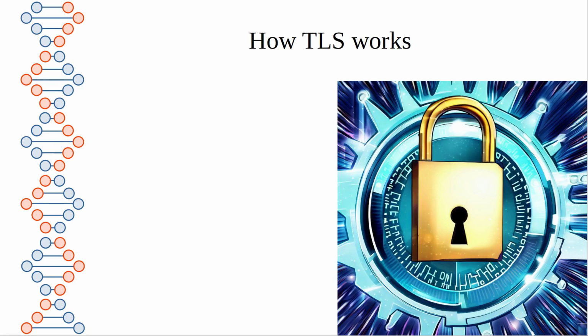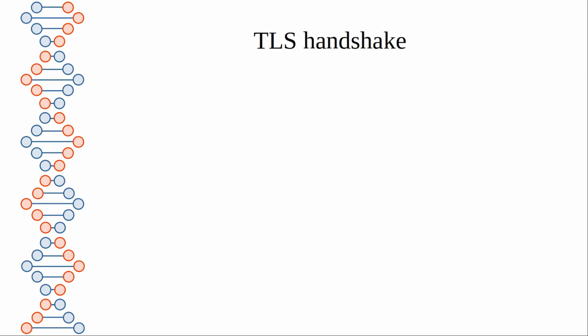TLS uses both asymmetric and symmetric encryption, which is why it's often known as hybrid encryption. I won't go into detail on asymmetric versus symmetric encryption, as I've already done that in my other videos. Essentially, asymmetric encryption uses the private and public keys for the web server and the client to set up a secure session. However, asymmetric encryption is slow, so the client then creates a symmetric key, which is encrypted using the server's public key and sent to the server. Then, when the client and server both have a copy of the symmetric key, they use that instead, which uses less processing and is faster.